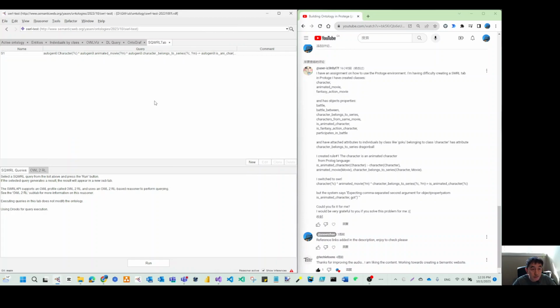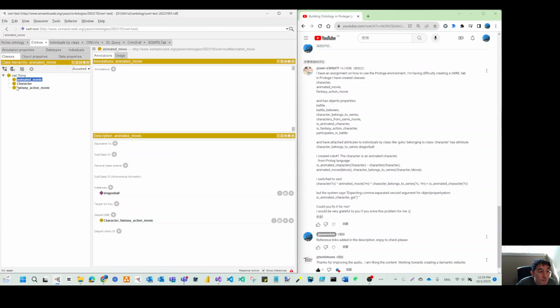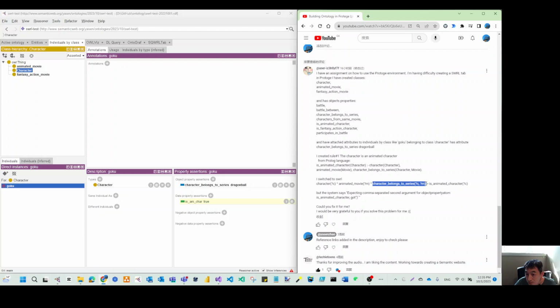Let's run this. Okay, so no error. So let's go to the individual. Now let's try to see Goku. On the data property is animated, because when I add this third rule, you are going to get our conflict. It is possible because these are both object property, and it depends.